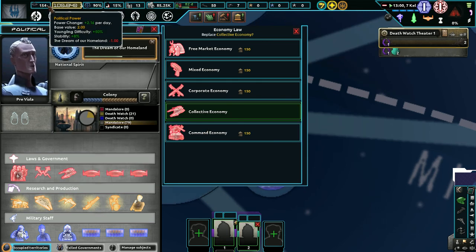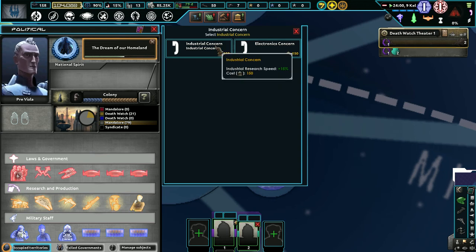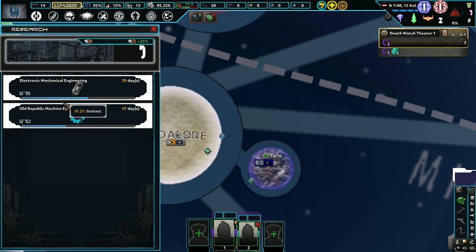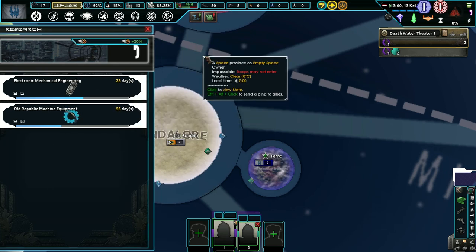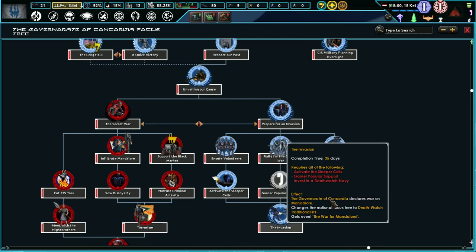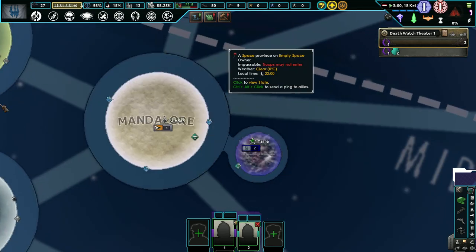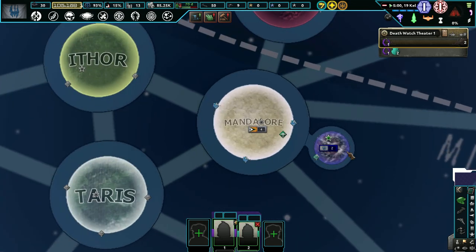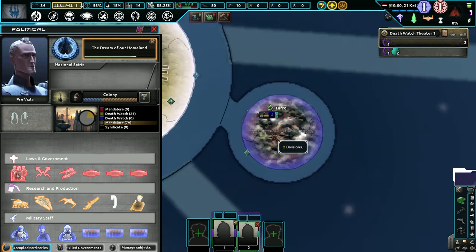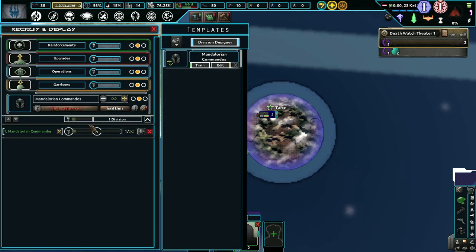Oh, we have achieved 150 political power, so I will add an industrial concern because industrial research speed will go up, which we need because we have only 2 research slots, and we will get those research slots in the second focus tree, which we will get after this, and no other research slots for us until that time. So yes, it's really pretty just waiting for the focuses to go up and your production,